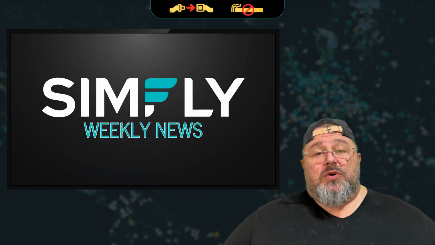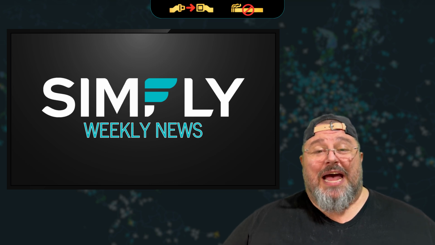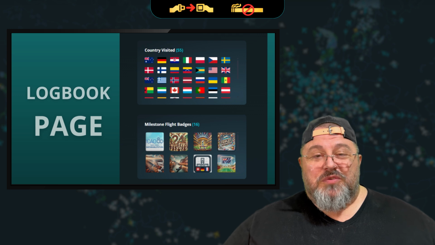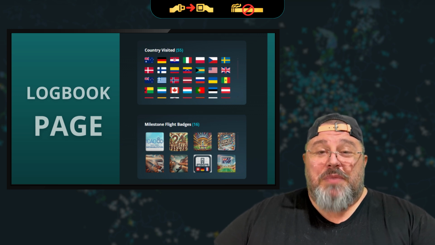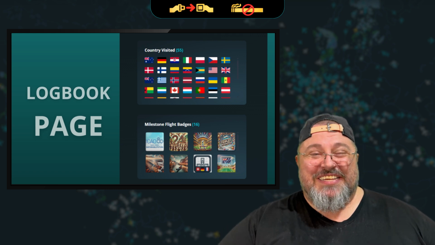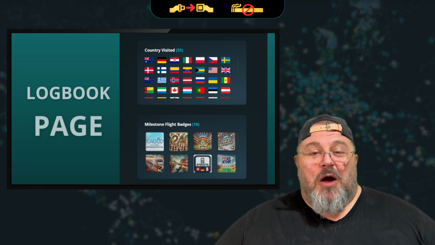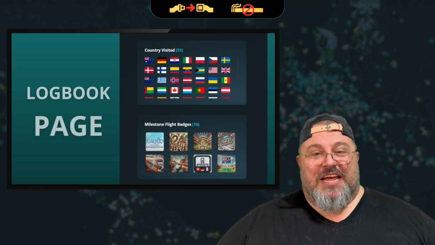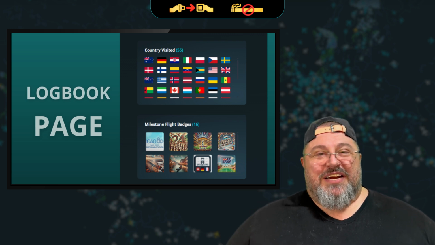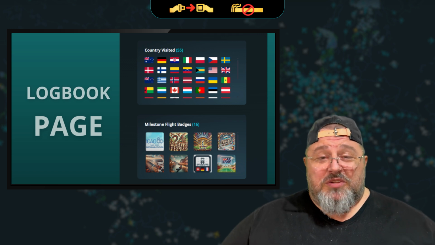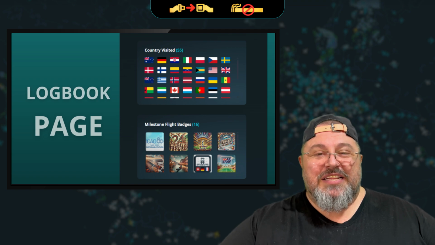Other news, as you know, we do small updates. A user gave us a suggestion to add a counter next to the word flags in a user logbook, and also next to the badges collected with milestone flights. So now when you go to a user page logbook, you can see immediately how many countries this person has visited and how many badges, how many milestone flights he has completed. So you have the number there. This is something small, but we do a lot of small things like this. Between big deployments, we go and make it slowly a little better.